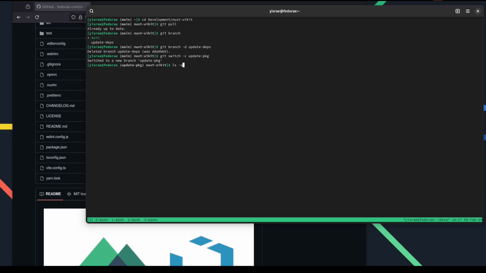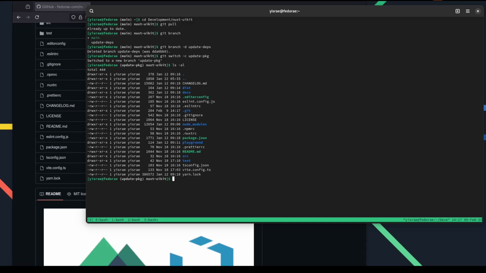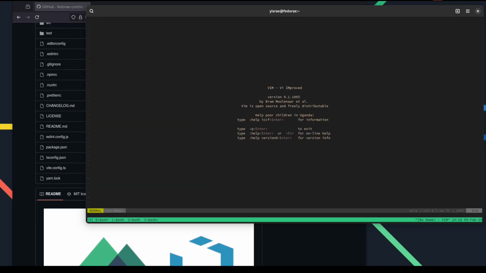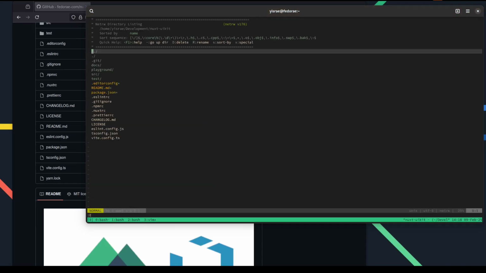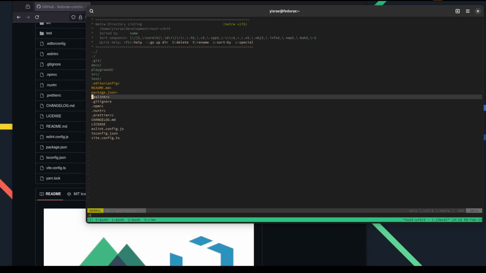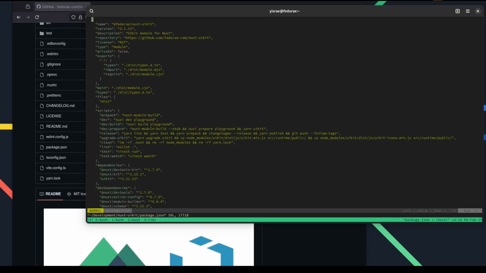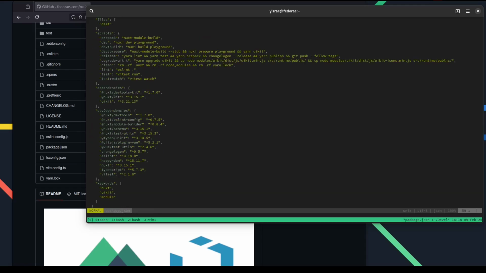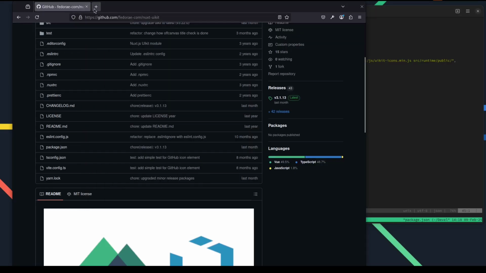Let's go ahead and ls and look at what we have here. And the first thing that we want to do is to just remove the yarn lock, because we're not going to use that anymore, in addition to our node modules. So we need to get rid of that as well. We can delete the default directory as well, and I think we can open this in Vim, and let's see here. In our package, or is it package.json, we have all of this information here. What I'm going to actually do is go over to